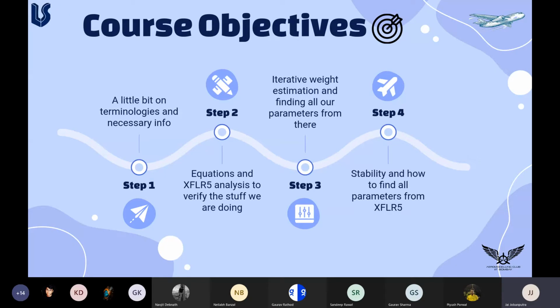And the next thing that we'll aim for is iterative weight estimation. That's the main thing used in designing your own plane. Designing the plane is not a linear thing where you go from step one to step two. It's more of a loop. You go step one, step two, step three. Oh, there's a mistake. Step one again, step two, step three. And that's how you design your plane. So we'll spend quite a lot of time there, because that's the major thing you want to learn in the course.